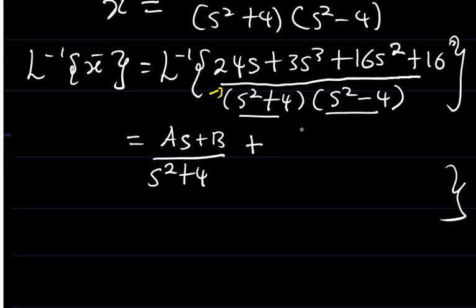Then plus the same thing here. This time around, this is going to be cx plus d divided by s squared minus 4. Alright, is equal to